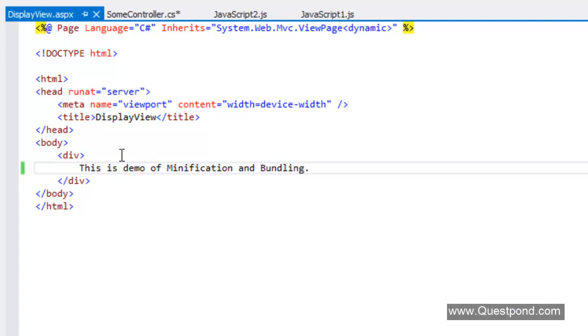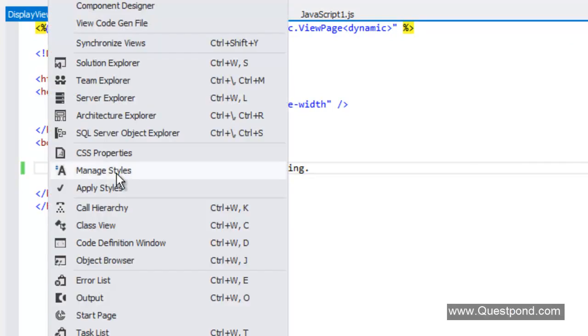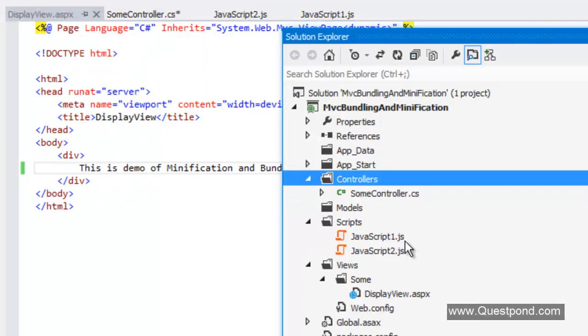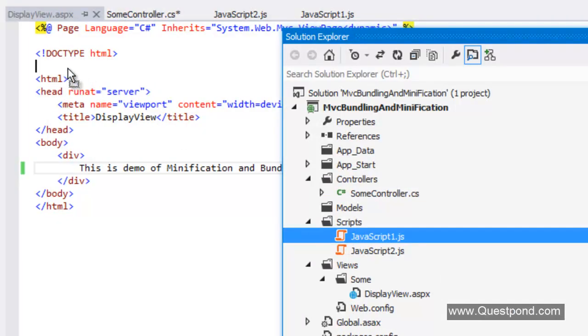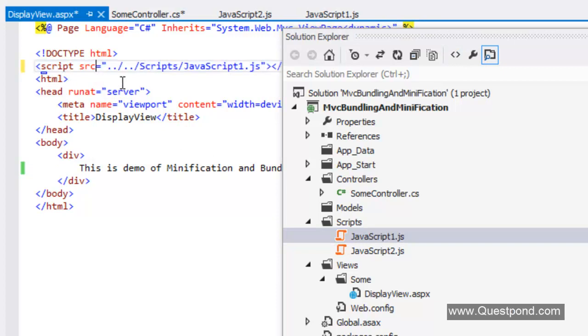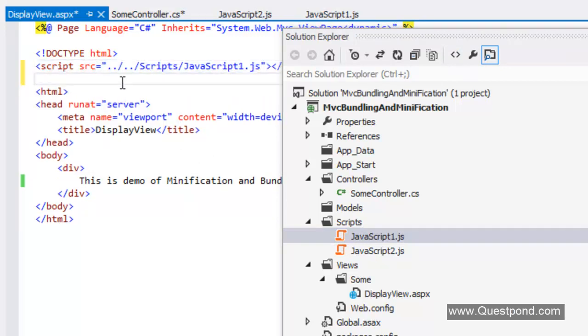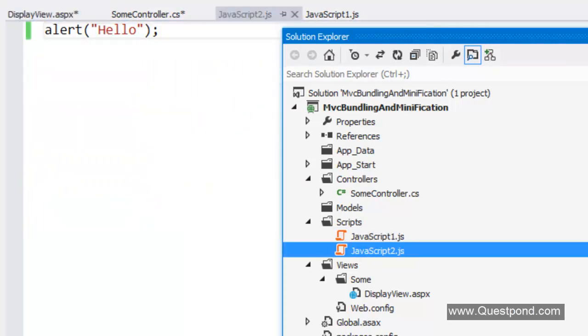Now what this view does is it actually consumes both these JavaScript files. So I'm going to drag and drop both of these JavaScript files over here, right? So this view consumes